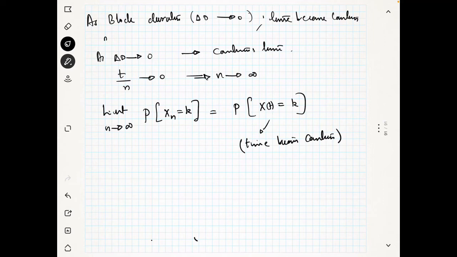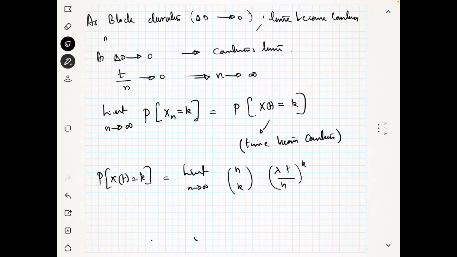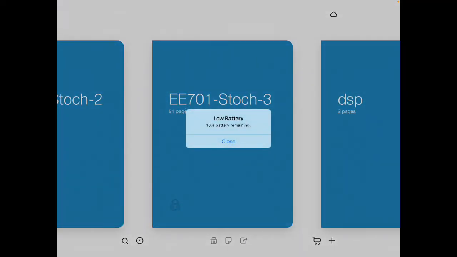So the probability that X of t takes the value k is nothing but limit n tends to infinity of n choose k into lambda t by n whole raised to k into